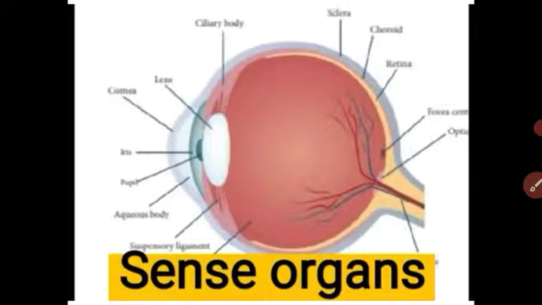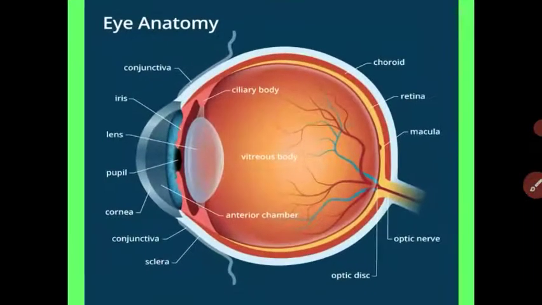In the last video we already studied the structure of the eyeball, that is, the sense organ eye. In this video we are going to study how we see, that is, the functioning of the eye, accommodation of the eye, and light and dark vision. Got it? Let us start the video. First, let us revise the parts of the eye.